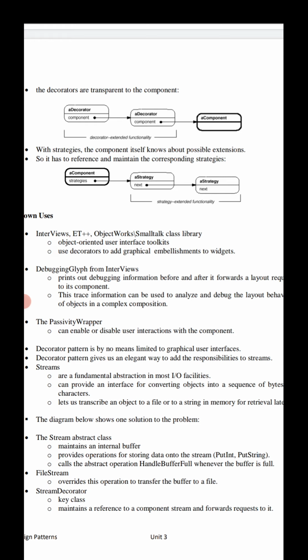Look at this diagram: the strategy extends the functionality, and the component knows about the possible extension strategies.